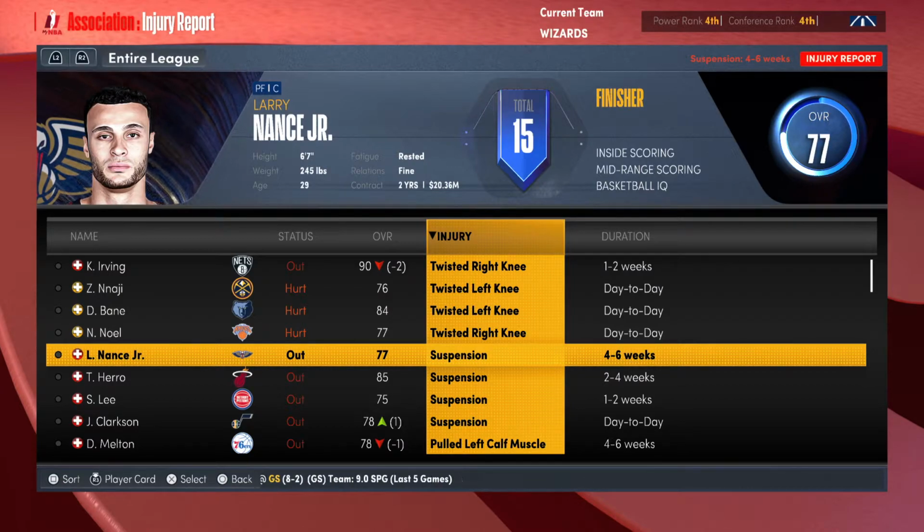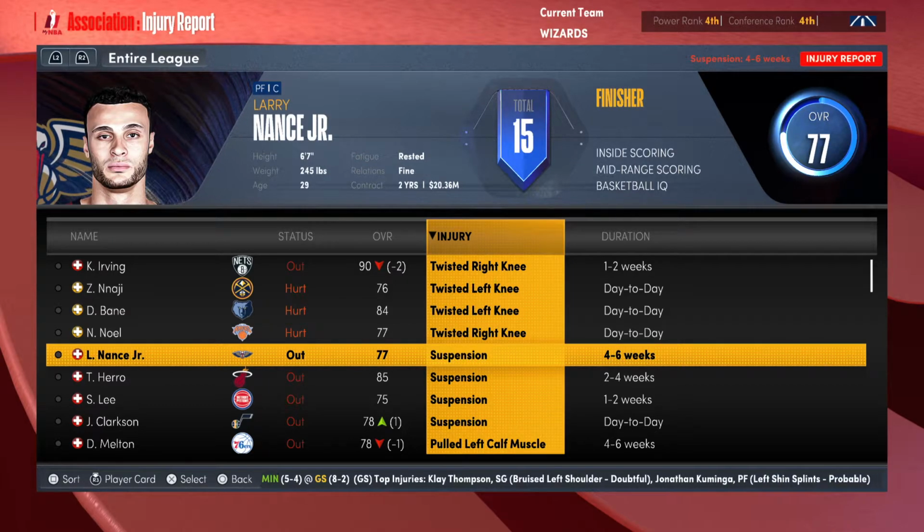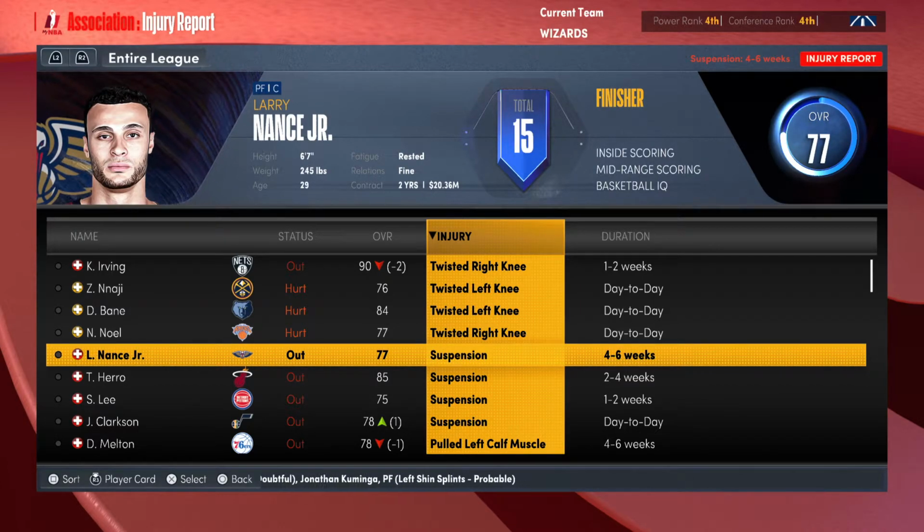I've been playing some My NBA on NBA 2K22. I know with NBA 2K23 coming out, I started up in my league. I've gotten some games into it, and I'm in the month of November. I thought it'd be interesting to add some random suspensions to the equation, just to throw a little curveball into